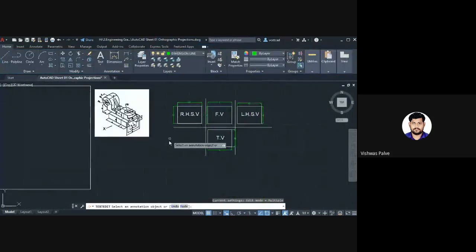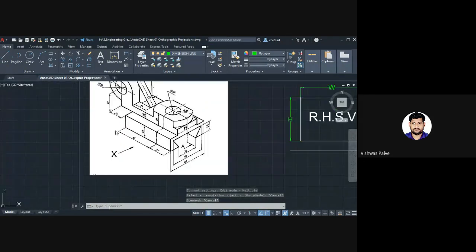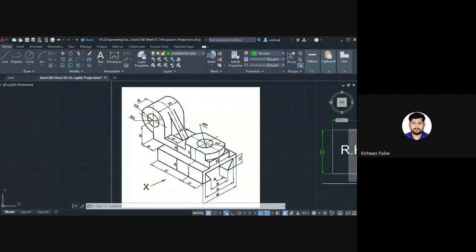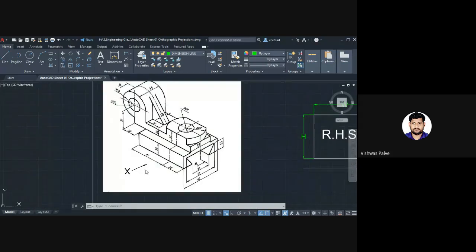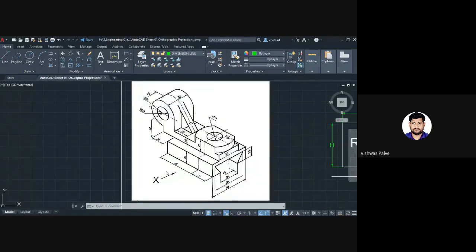Okay, so these are the dimensions which we require for completing our views. So which is the length? Length will be any dimension which is perpendicular to the x, right? You can see that 55 millimeter is the length, 25 millimeter is the length, whereas this 20 millimeter is the height, and 60, 50, 30 are along the width. Any vertical dimensions in this view will be representing the height. Any dimensions parallel to the x will be representing width. Any direction which is perpendicular to x direction will be the length.